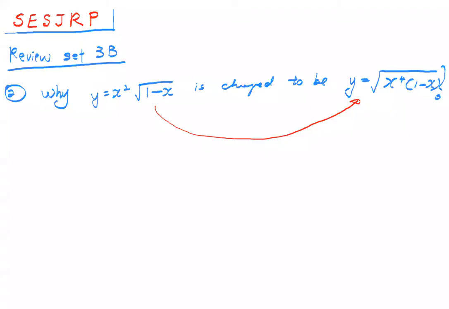Okay, for this question, why I change it to this form and how I change it is because x squared is the same as square root of x to the power 4. Okay, and I change it to this form so that